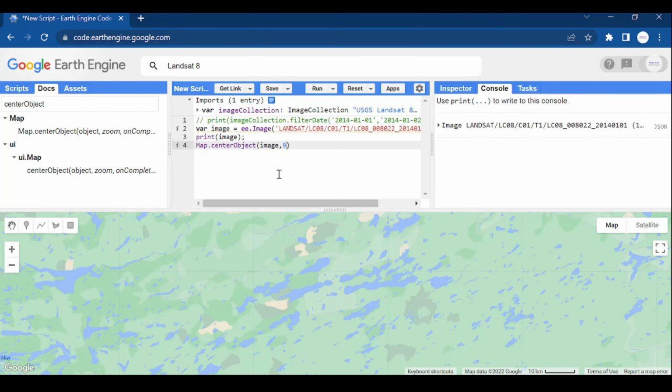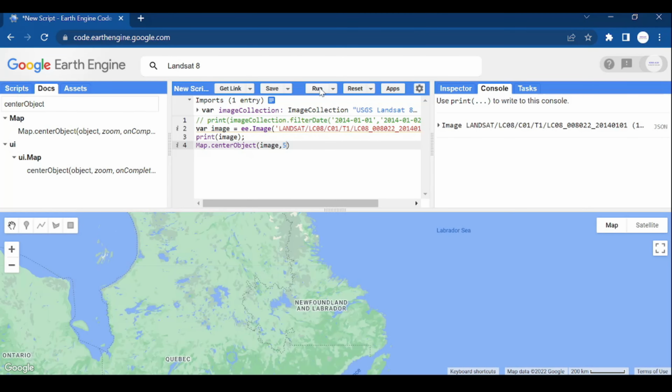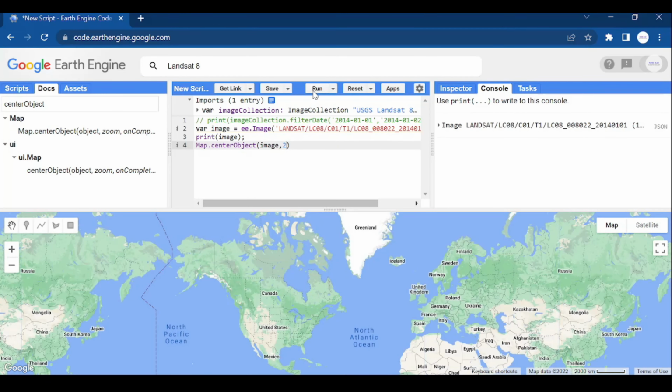Now if I change the zoom level to, let's suppose, 5, and if I run the script, you can see the zoom level is changing in the map accordingly. Okay, if I change it to 2, again you will see it zooms out a lot. So let's get back to the zoom level 5. It was right. Okay,